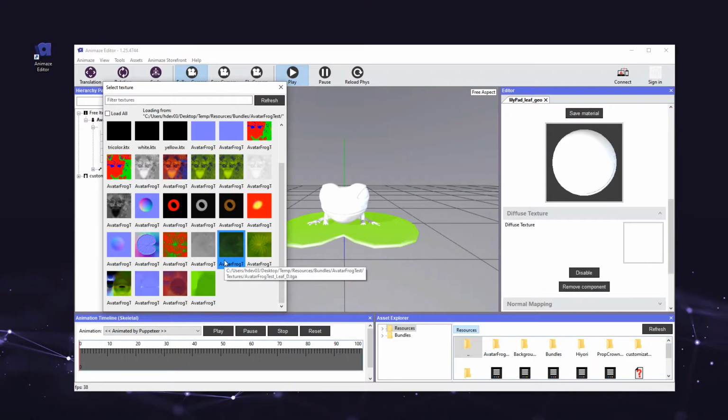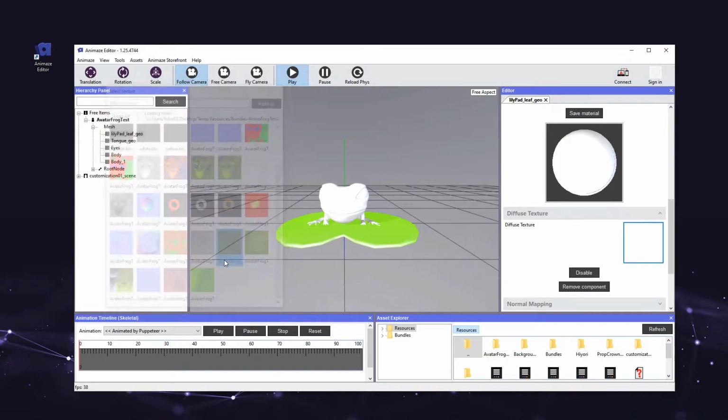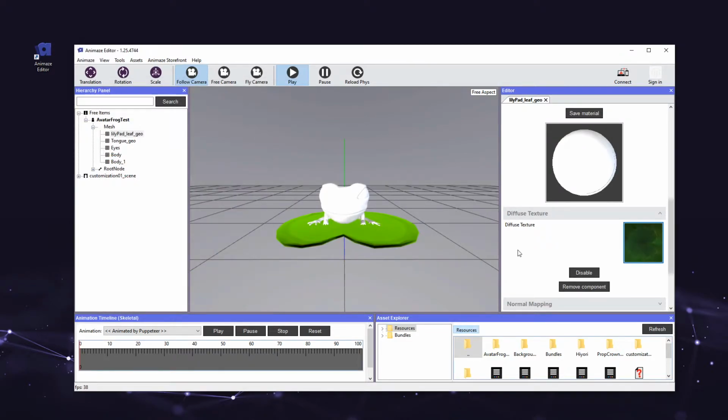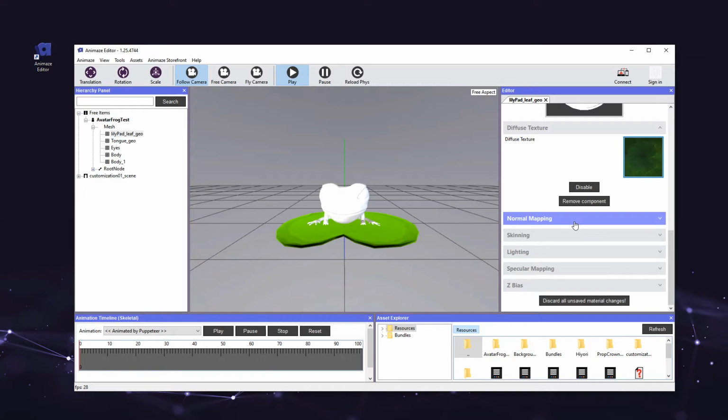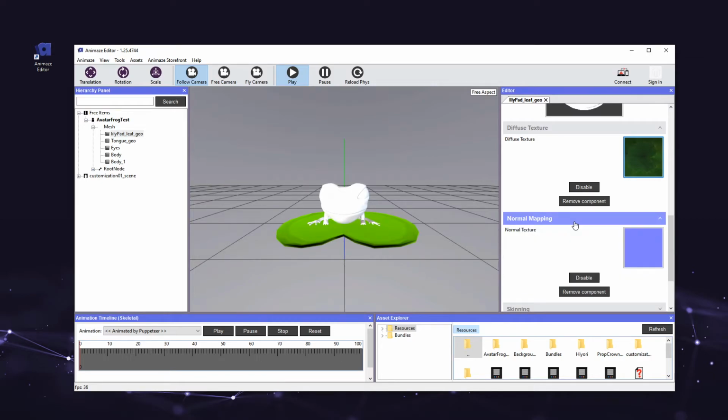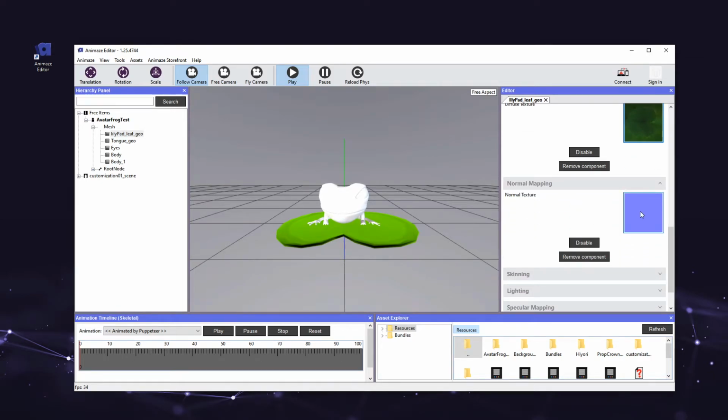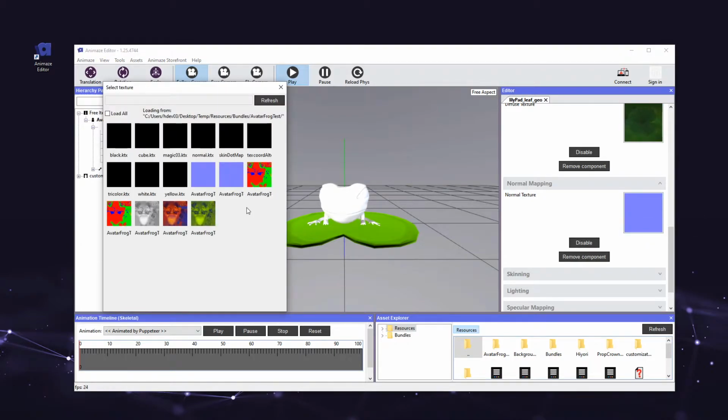Next, let's select the appropriate diffuse texture for this material. This will be the test_leaf_d.tga file. Time to add the normal mapping texture to the material. Scroll down in the editor panel to the normal mapping section and click the header to expand it. Then, click the normal texture box and select the